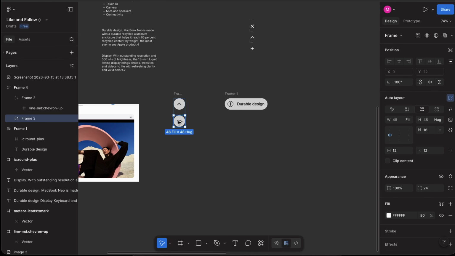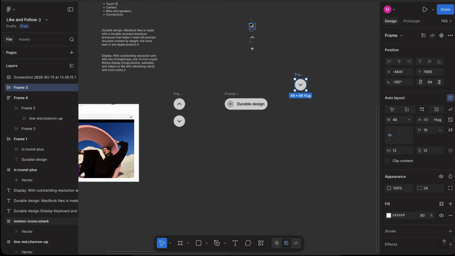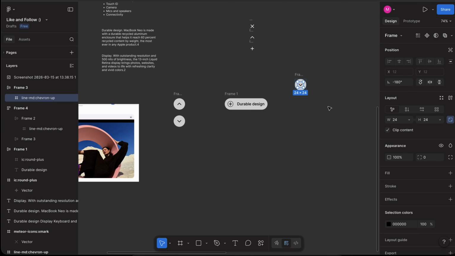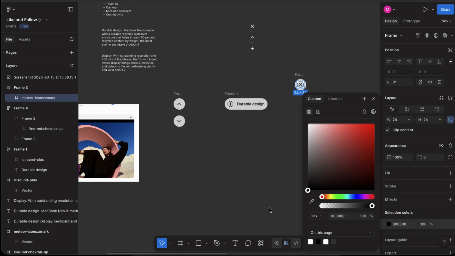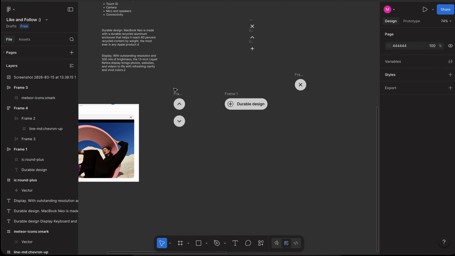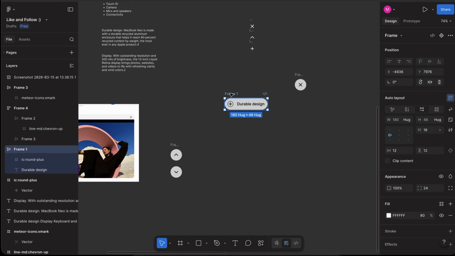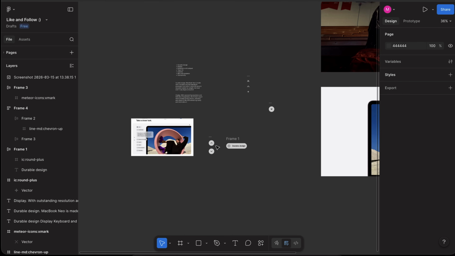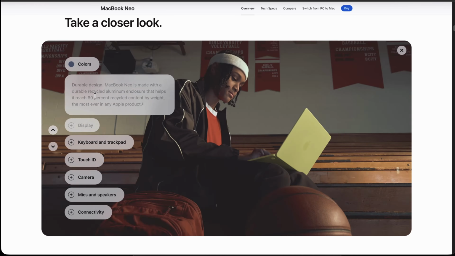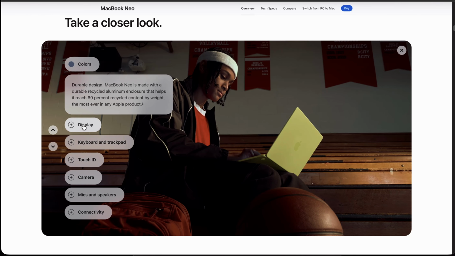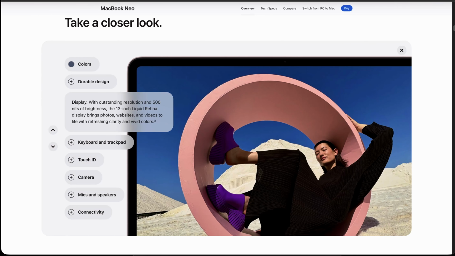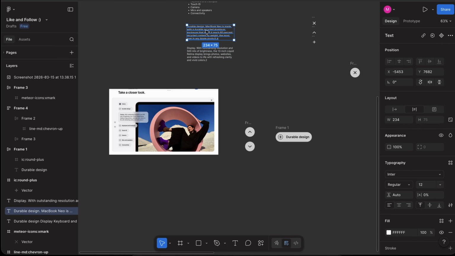Also, let's make the closing button. Okay, we have all the buttons we need, and to make this animation smooth like Apple did here, we need to take our text,